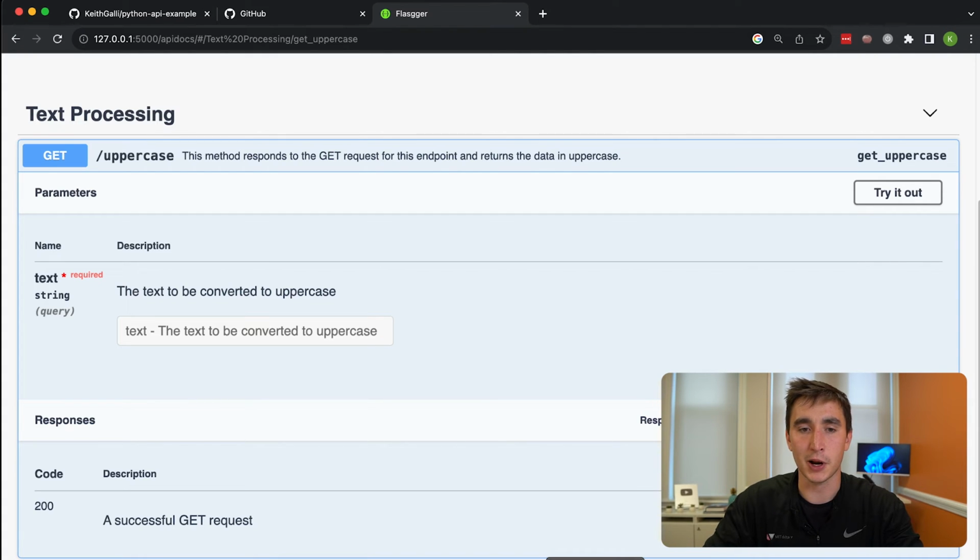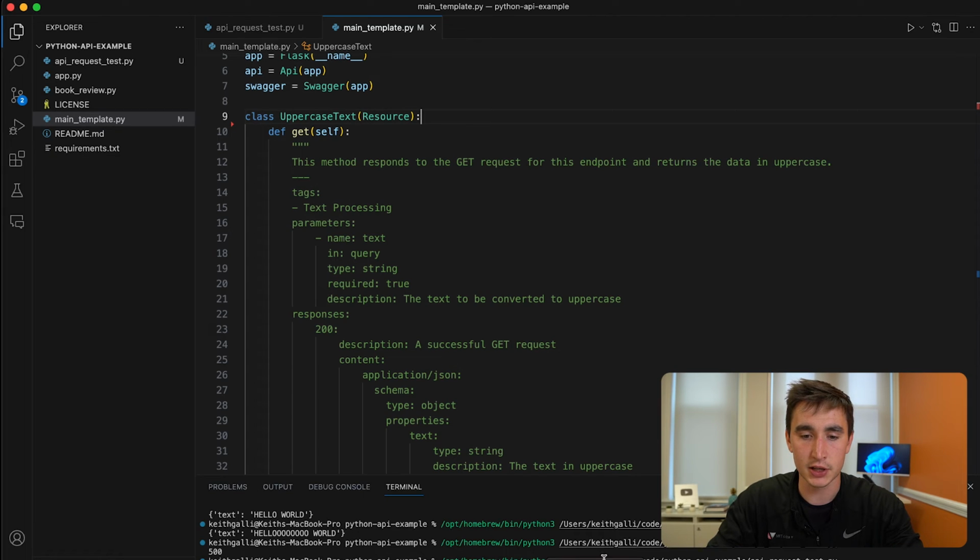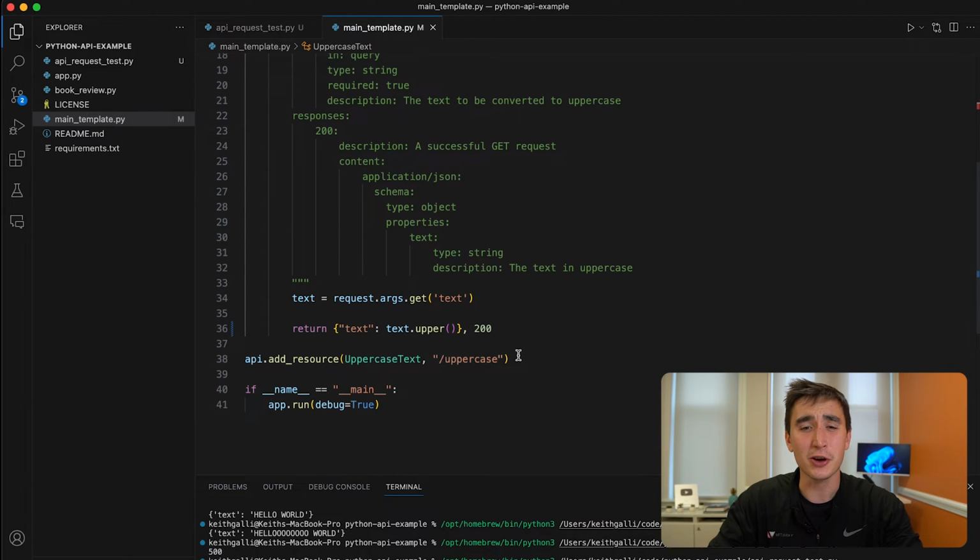So I use a get request when I'm not modifying anything on a database, when I'm usually pretty sure of getting the same type of result back every time I run the same arguments. That's when I use a get request. So let's make a new get request. So the way that I go about this